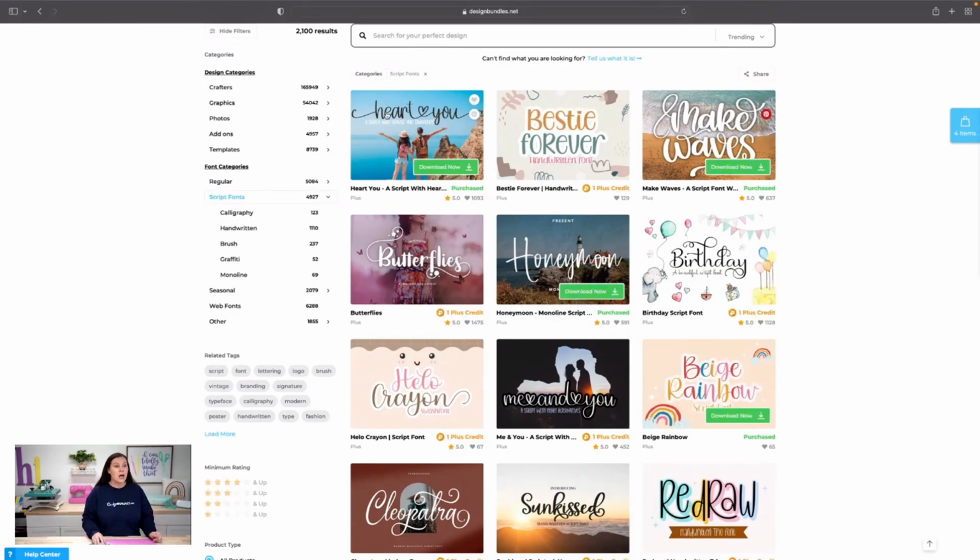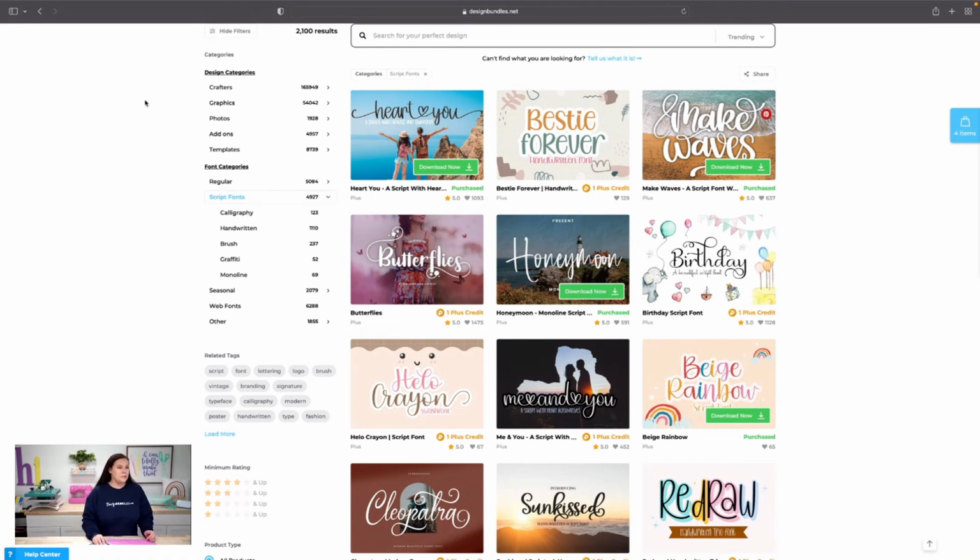For our very next font, I'm going to show you guys how to add glyphs. What are glyphs? Glyphs are these little tiny swirls on the ends of our fonts and also little hearts and things like that. So if you ever see those and you wonder, how do I access those? How come when I'm writing something out, that heart's not popping up for me? You need to access your glyphs, and I'm going to show you how to do that.